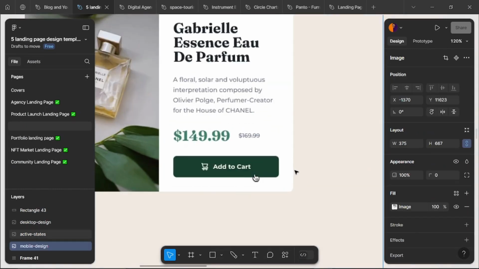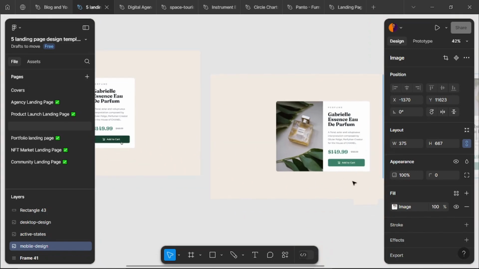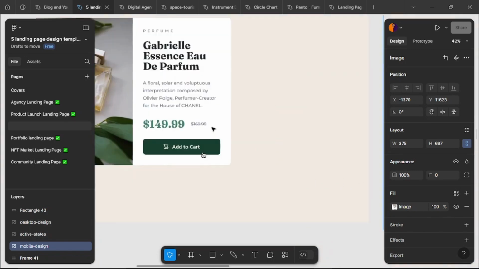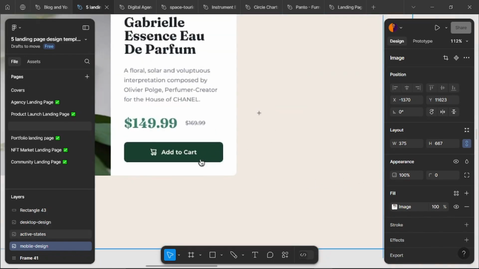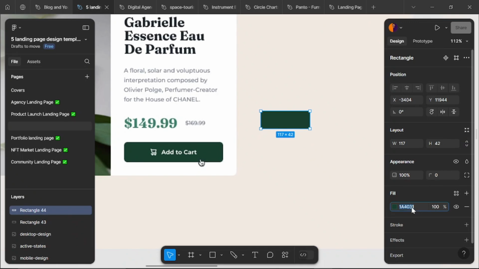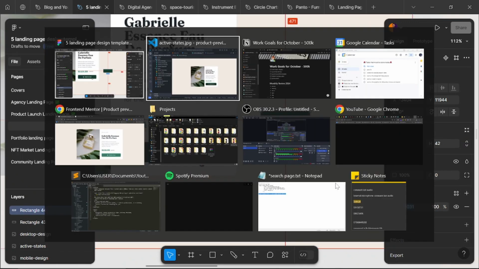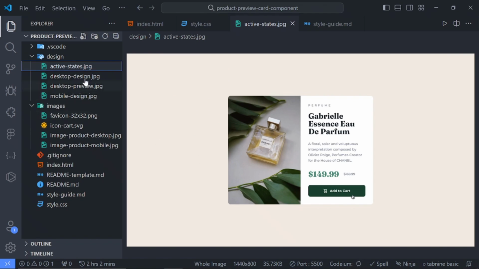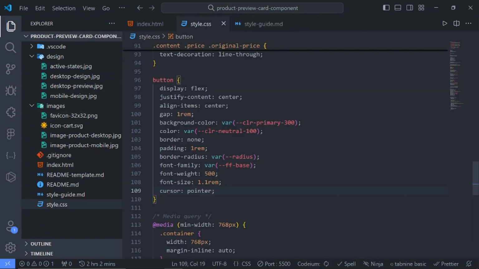All right, so I have it right here. Like I said, the colors for these and these are different. They did give us this one. So what I'll just do is I'll create a rectangle right here and I will take the color right here, just copy it and go back to code right here,